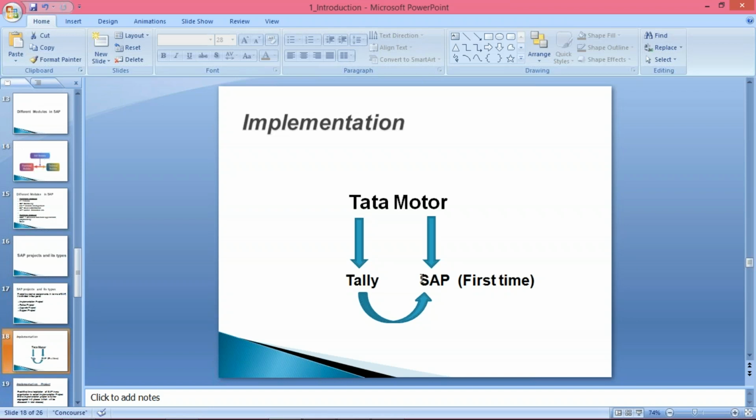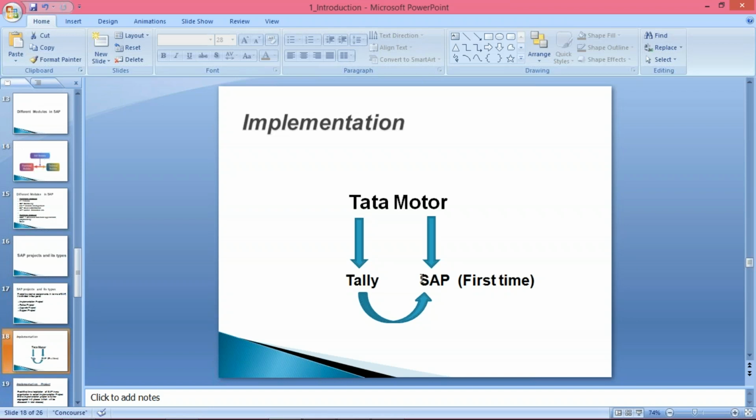Now, the SAP installation is not your part. After installation of SAP, you have to perform lots of activities. That is your task, that is your work. What are those activities, guys? Once we start the practical session, I will let you know what those activities are, one by one, step by step. Here, theoretically, I'm just trying to make you understand that if somebody asks what you mean by implementation, implementation means the first-time installation of SAP in any organization.